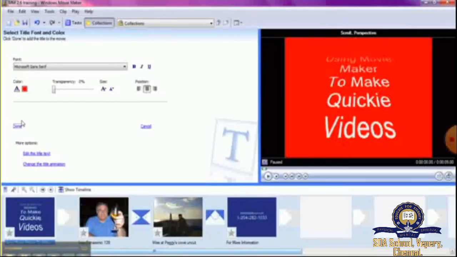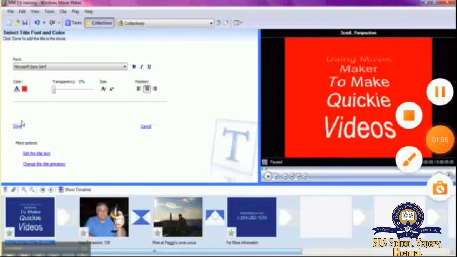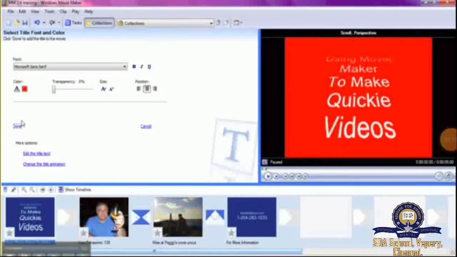After changing your color and font, your result will be like this. Can you see that it is in red color? Here you can select the font name, font color, background color, transparency mode, alignment and size as per your requirement. Each and every change made can be viewed on the preview monitor.